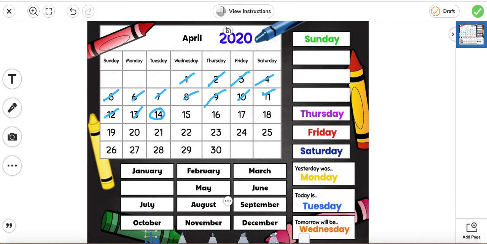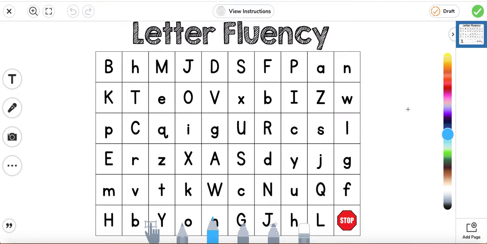Okay, next we're going to do our fluency. So we're going to go ahead and say the letters as fast as we can. Are you ready? B, H, M, J, D, S, F, P, A, N,